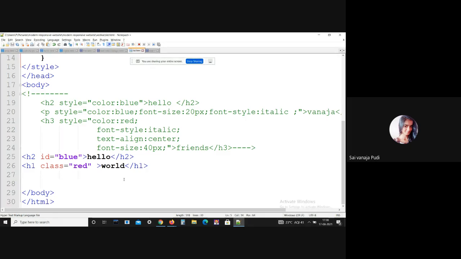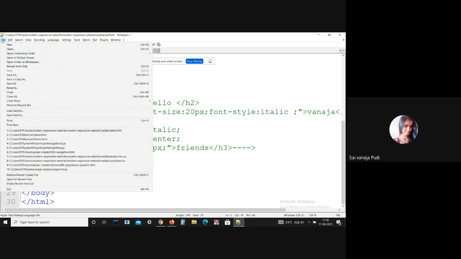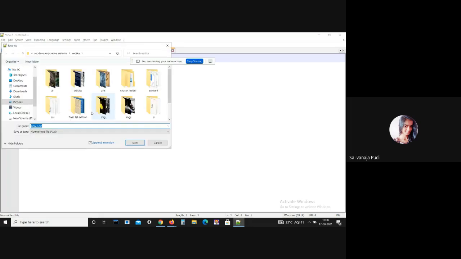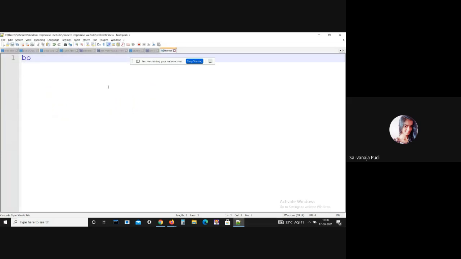How can we create an external CSS? Here you should create a new file, and save this file as first.css.